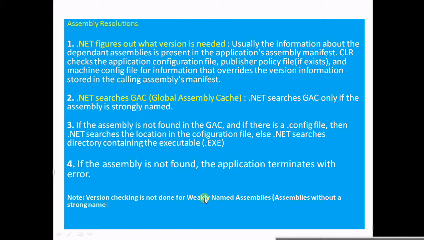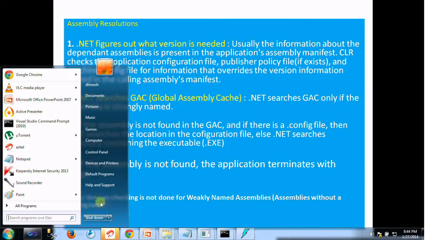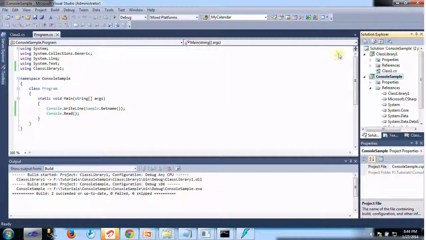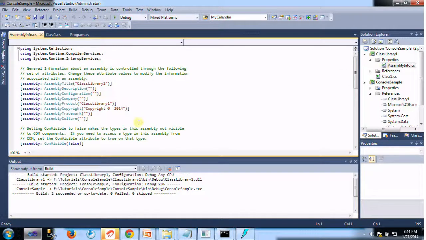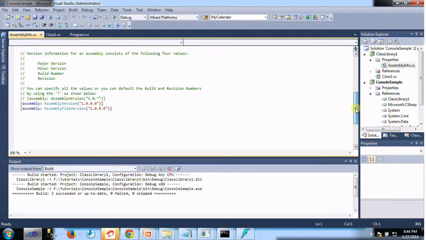Version checking is not done for weak-named assemblies. What does that mean? Here in our application, what version of the assembly are we using? Here we are using version 1.0.